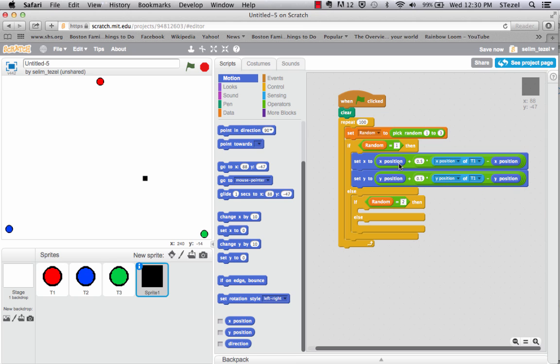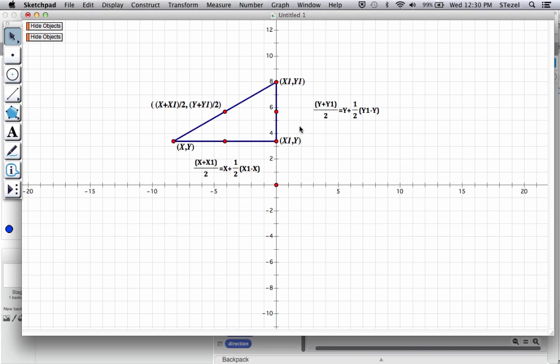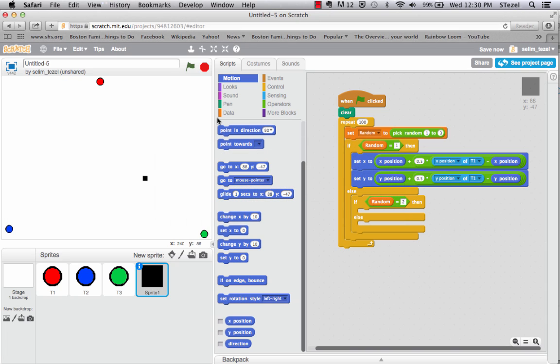Okay, so if you look at this carefully, you're going to realize that it is identical to what we have done here. So it is basically saying find the midpoint towards target 1 in the x direction, and find the midpoint towards target 1 in the y direction. This is what it does. I could do the whole thing again